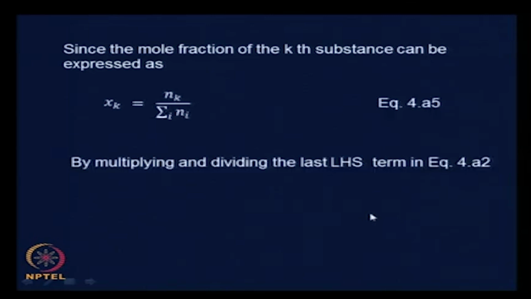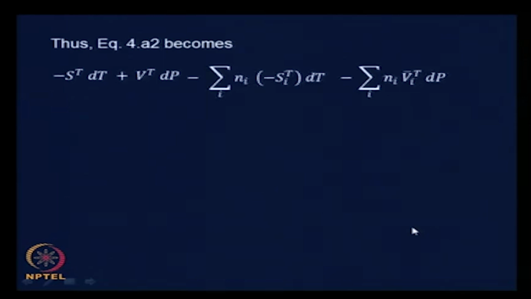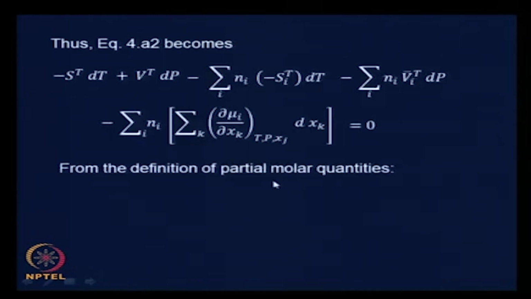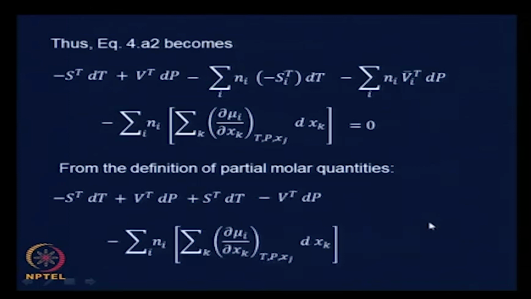It also shows the level of care or carefulness that one needs to exhibit while doing these kinds of manipulations. And this is where we brought in these two terms. We had used the reciprocity relationships to convert the third and the fourth terms as equivalent to the first and the second terms with opposite signs, and therefore we could get rid of them, and we were left with